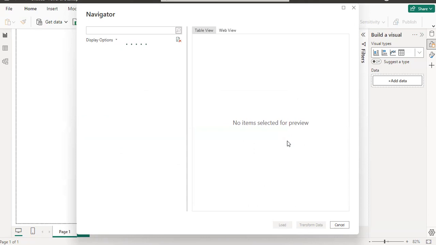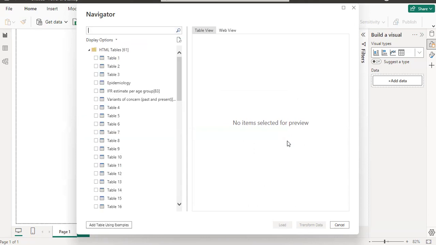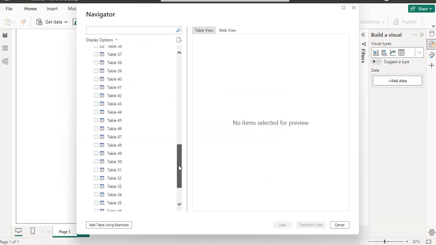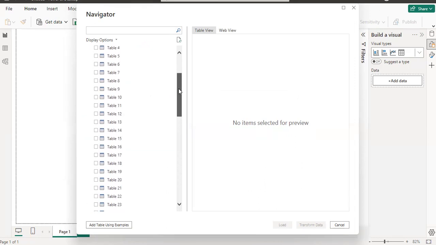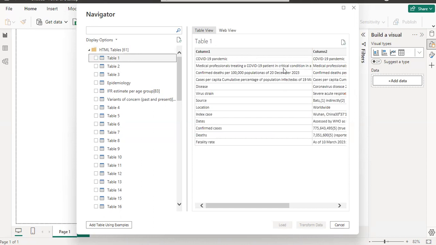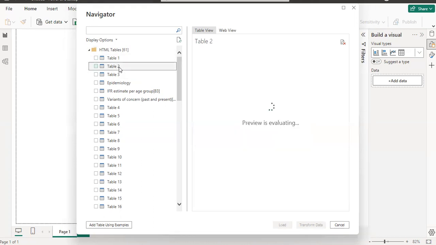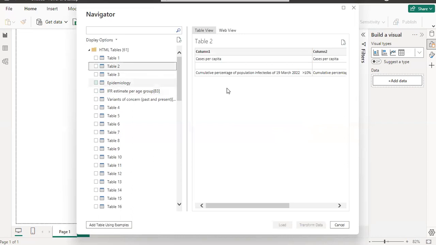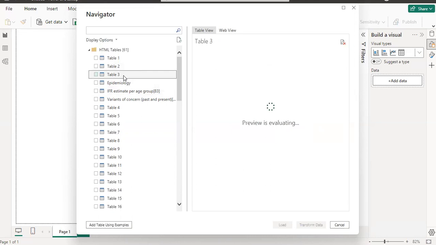Of course, it's not everything from the internet that is going to be brought here. It's going to be bringing out the tables. Like we can see here, there were some tables on it. As you can rightly see, many of the tables are actually HTML tables. So you see Table 1, let's just preview it. The preview is evaluating, and then you can see Column 1, Column 2. Let's see Table 2. There are different tables, Column 1, cases per capita, all of that. How about we check the